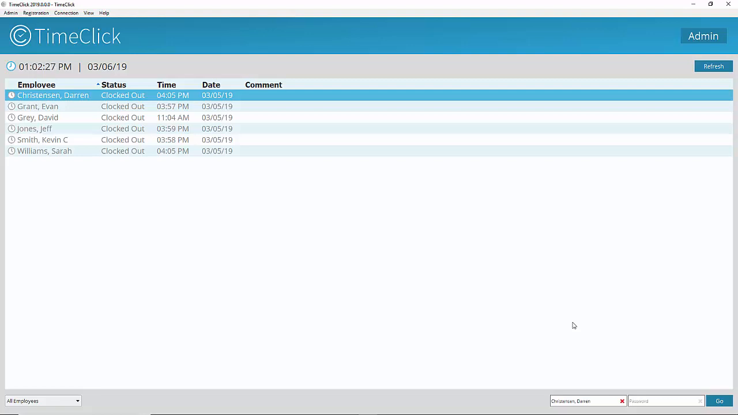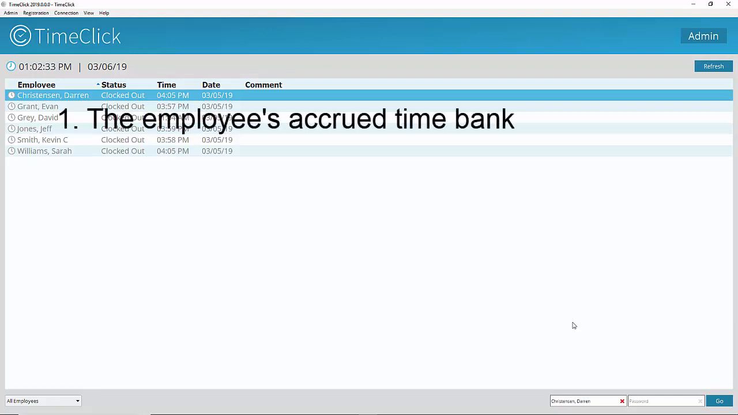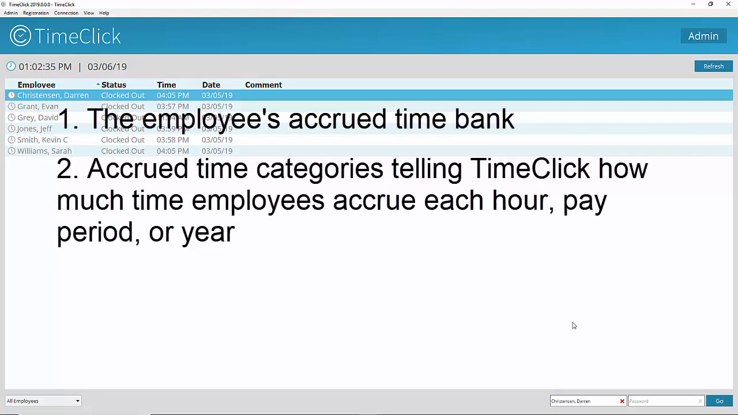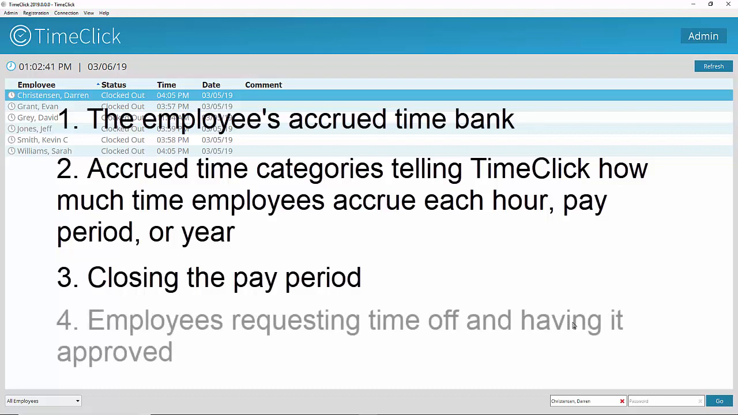Employee accrued time, or time off tracking, can be broken down into four main components: the employee's accrued time bank, accrued time categories that tell the program how much time to add to an employee's accrued time bank at various intervals, such as per pay period, by hour, or annually, closing the pay period, and employees requesting time off and